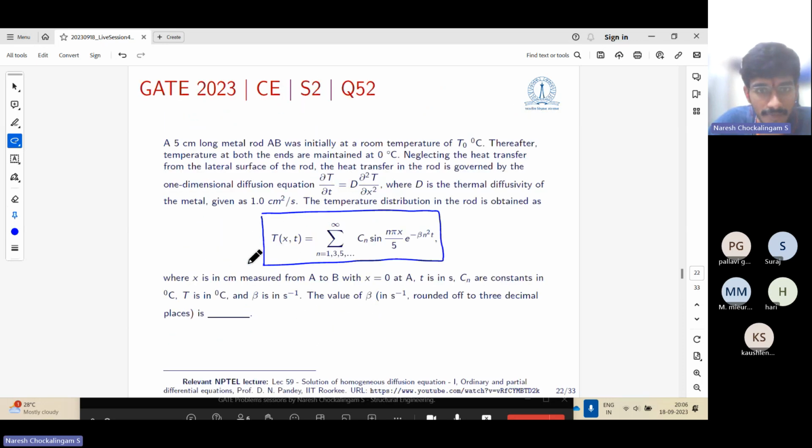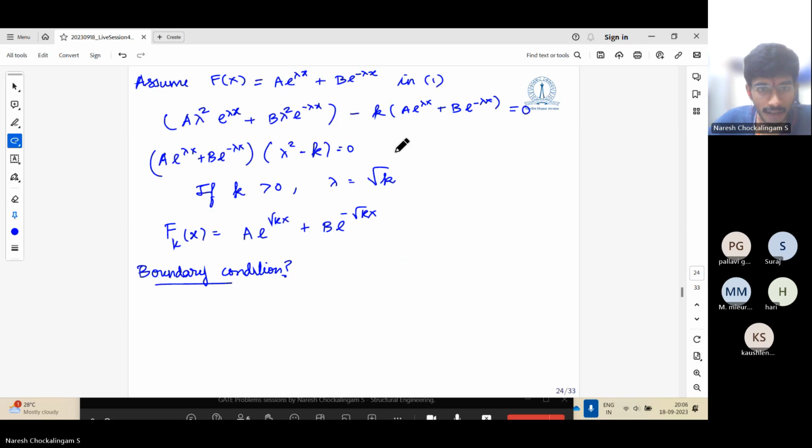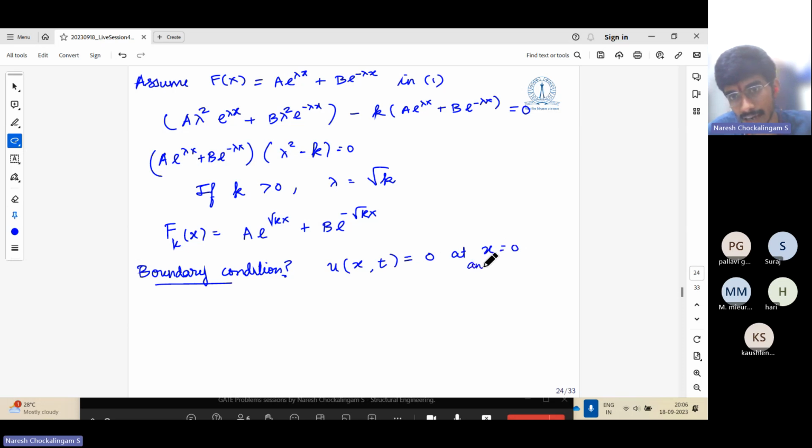What is the boundary condition? It is given that the temperature at both the ends is maintained at 0 degrees Celsius. It means for all time t, u of x comma t is equal to 0 at x equal to 0 and x equal to L. That is, u of 0 comma t is equal to 0 and u of L comma t is equal to 0. We have already separated the variables, so it should not depend on t, which means